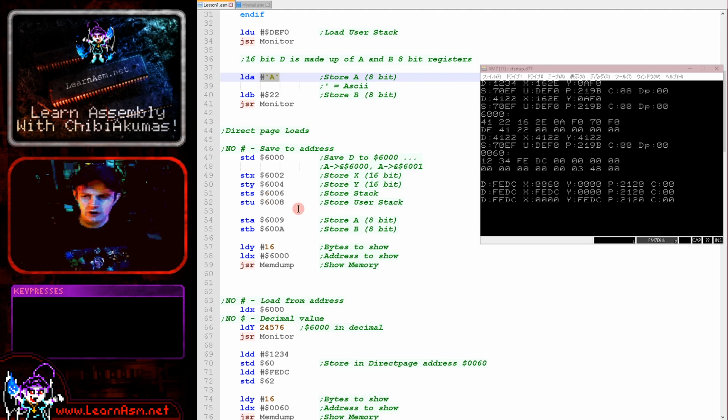This time we're going to look at storing values. Now, when we want to store a value, we use ST for store and the letter of the register we want to store. So STD will store the double accumulator, STX will store the X register, and so on. Now, before we had all of these hash symbols to specify an immediate value, but if we take away the hash symbol, it means we're specifying an address, which is what we're going to want to do when we're storing a value. So STD hexadecimal $6000 means store the double accumulator to memory address 6000 and 6001,